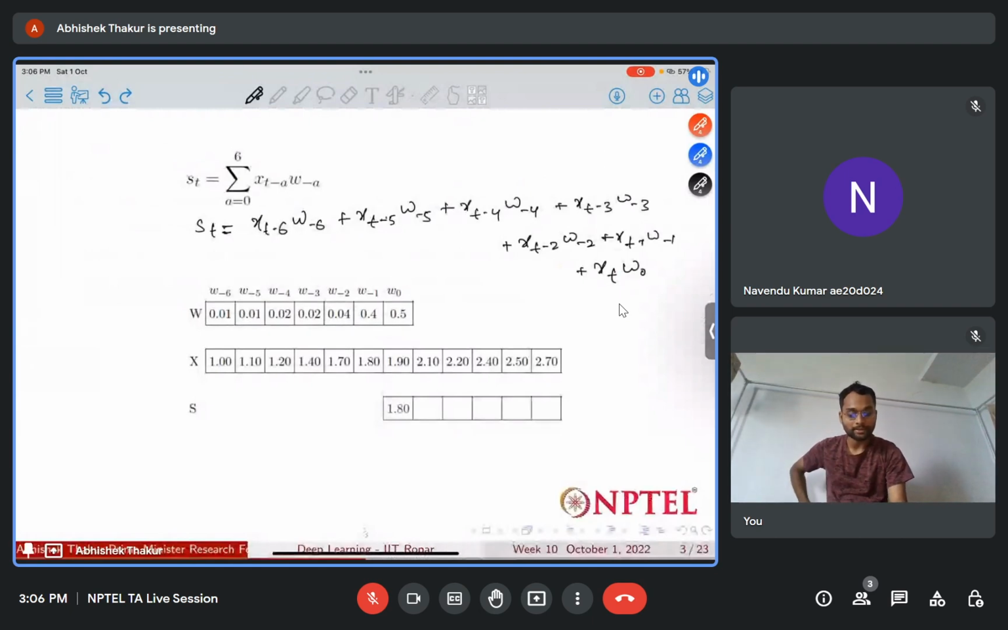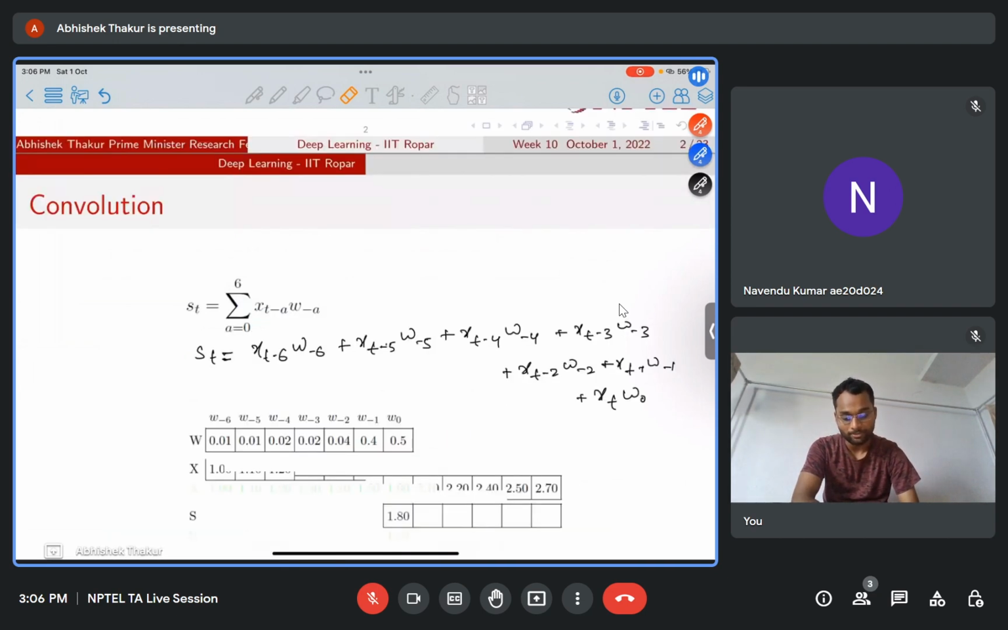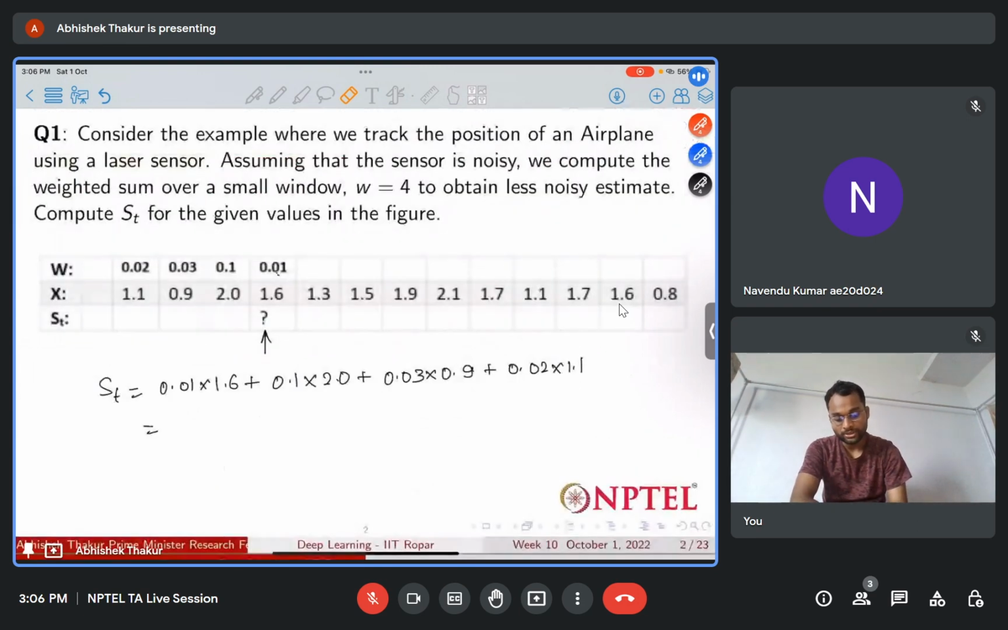These are doing so that, let's suppose we are finding the current readings of the sensor, but sometimes the sensor is noisy and does not give the correct output. So what we do, we just find the weighted mean of the previous readings also, so that the noise error can be minimized. So here is just a question. We have to just multiply these two because we have to find the ST. So this will be equal to